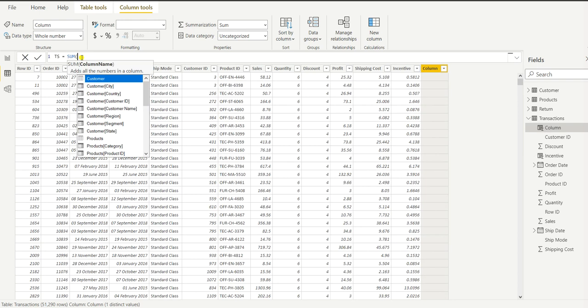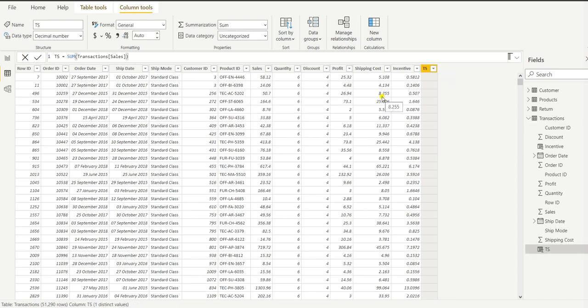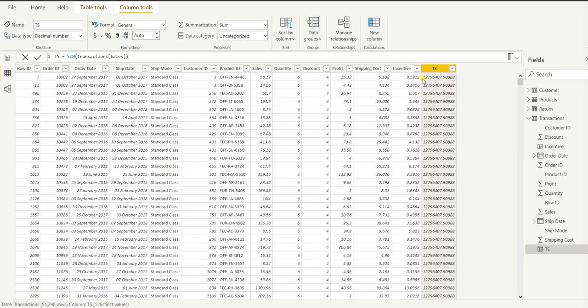We want the sum of sale. Sale is in which table? The transaction table. So we will mention sale and transactions, it will automatically come. Bracket close and enter. Now you see what the program will do. The program has calculated the total sale and mentioned it in each row, which is not required. We do not want to see total sale in each row.